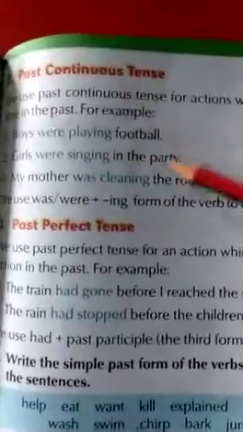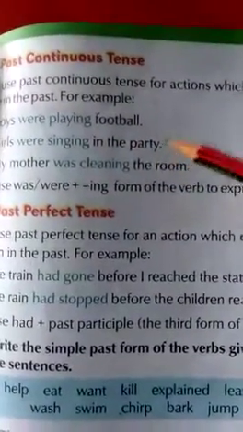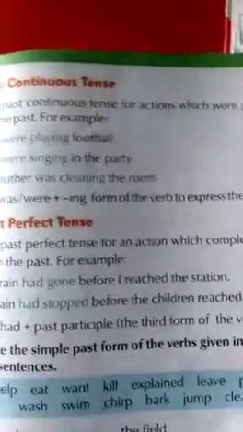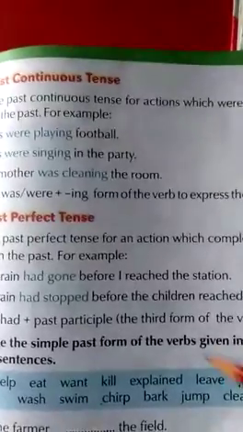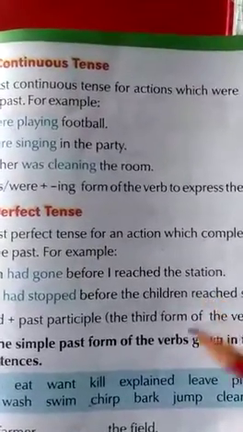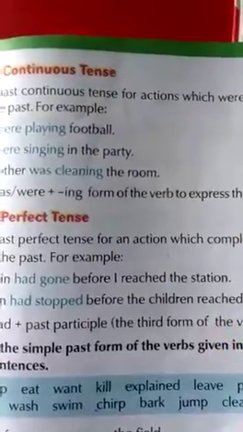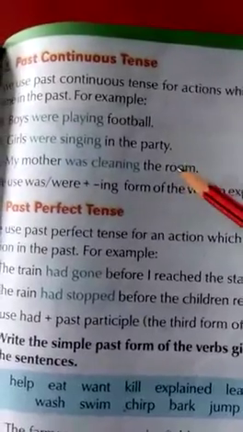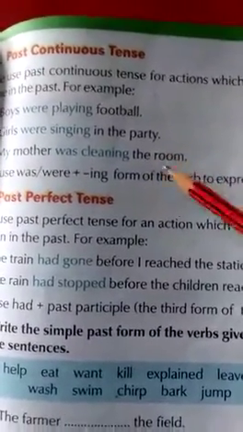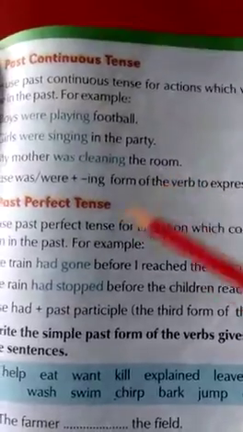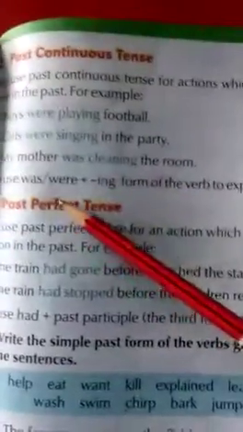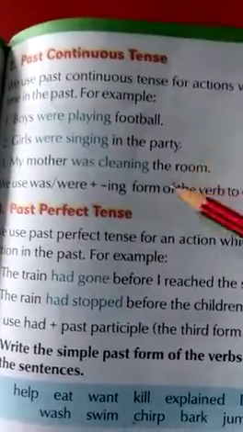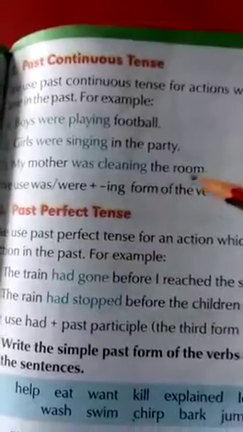Okay, this is the simple sentence of past continuous tense. Past continuous tense is used to describe an action that was happening at a particular time in the past, or that was going on when something else happened. I hope you understand, it means it was already happening in the past. Like in Hindi we can say my mother was cleaning the room. Okay, my mother was cleaning, it means in the past she was doing this work, कर रही थी वो ये काम.